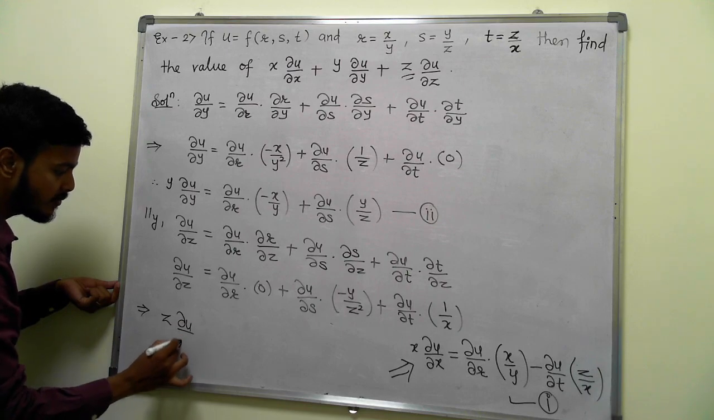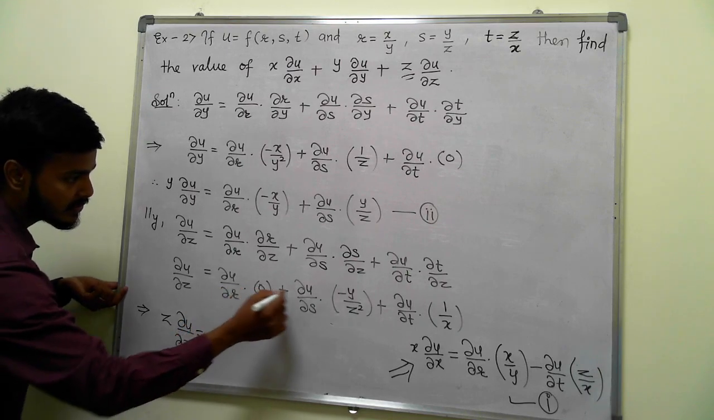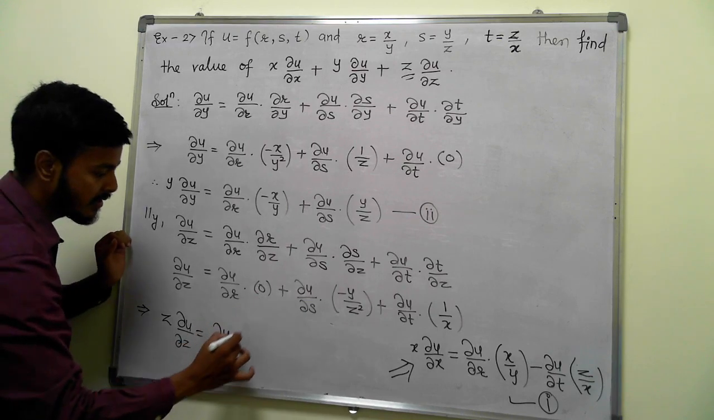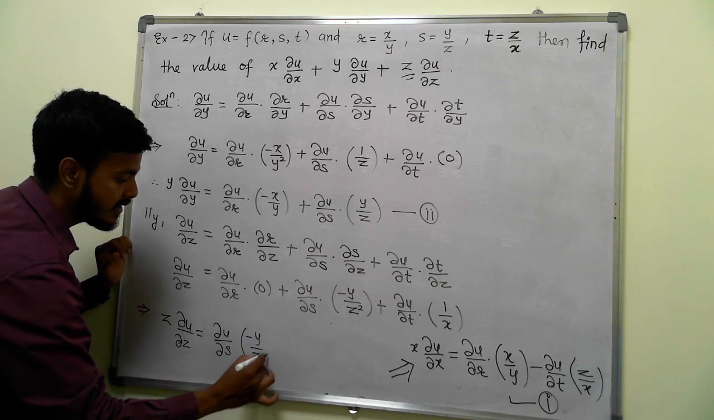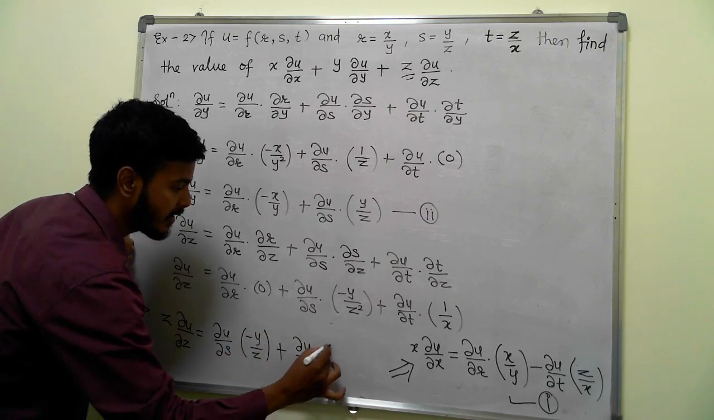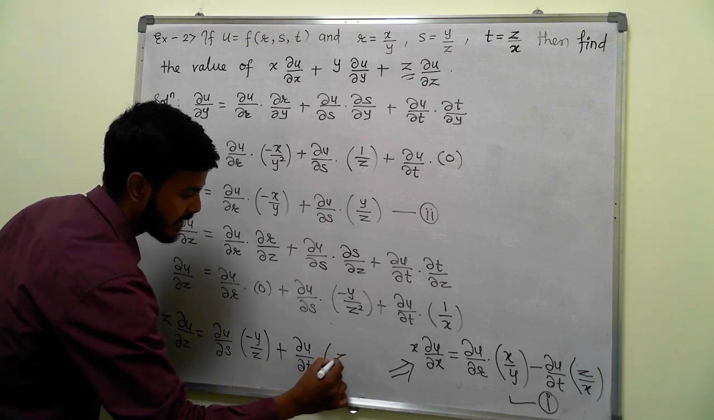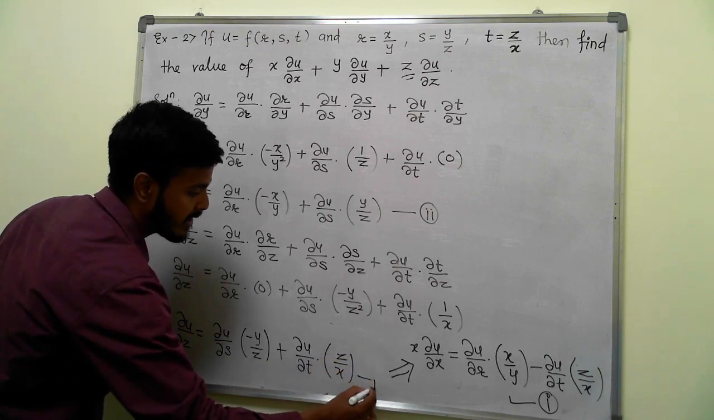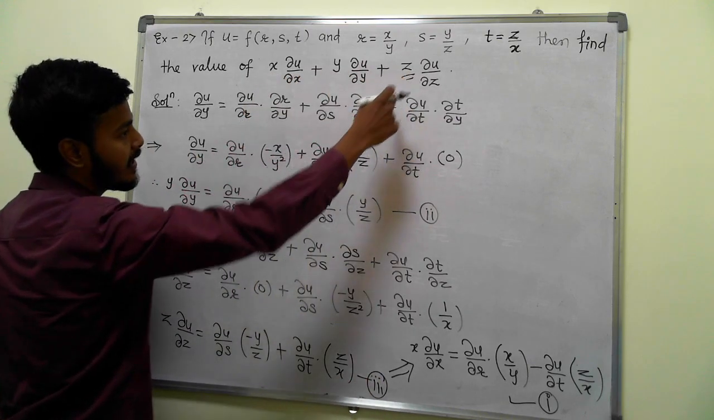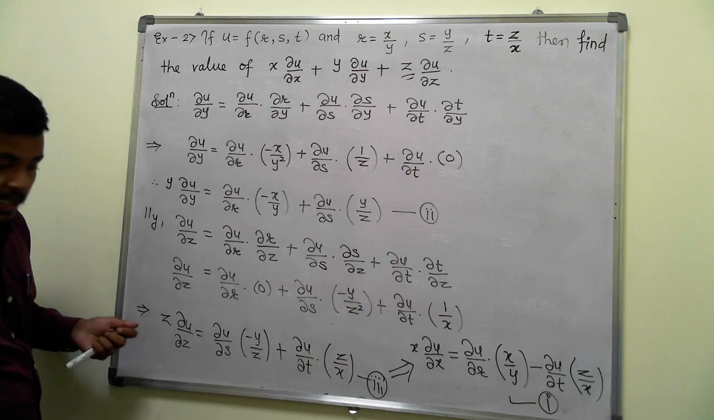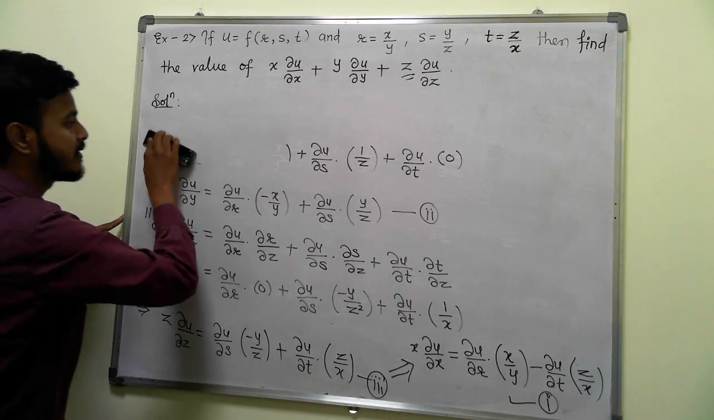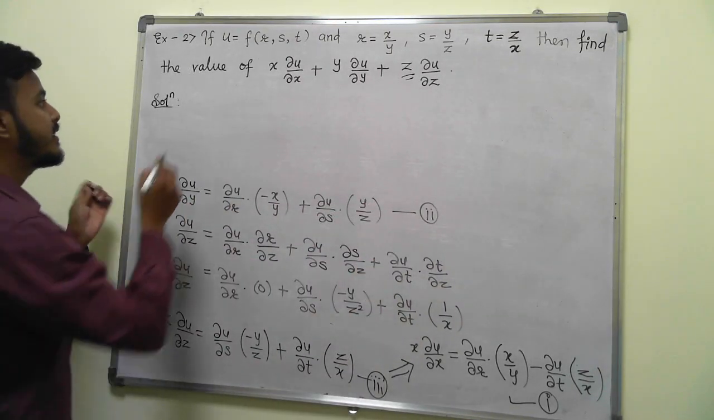Z del u by del z is equal to, this is 0, del u by del s into minus y by z plus del u by del t into z by x. Say this is to be my equation number 3. Now what to do next? Next you have to add all the 3 equations. So let me write down one sentence here. On adding 1, 2 and 3 we get,